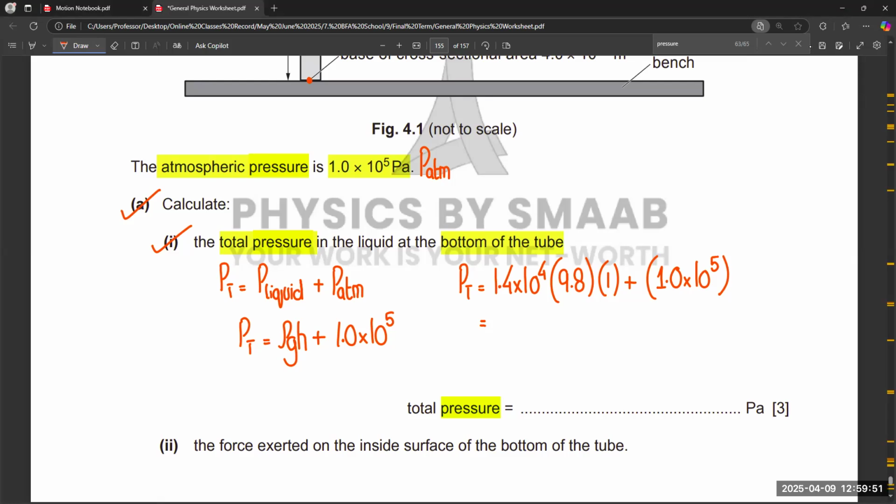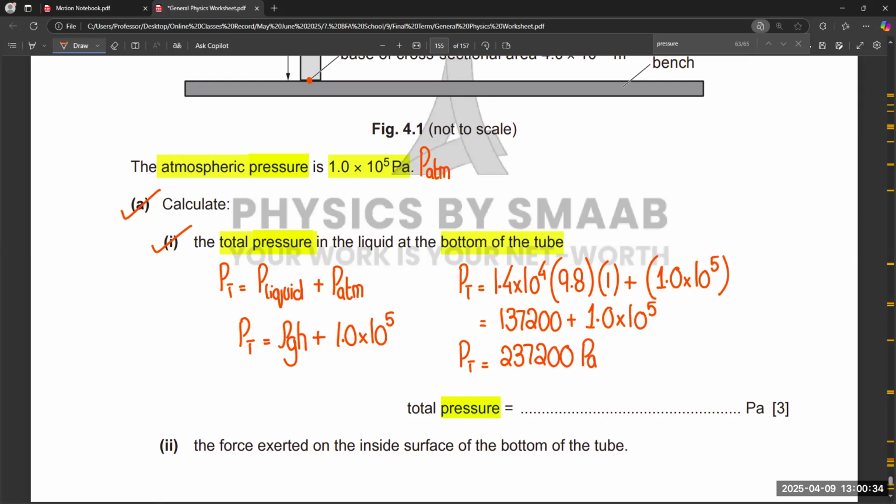So we got the answer 1.3 ... or in simple words, we are getting the answer 137,200. And when we add 1 × 10^5, it becomes 237,200